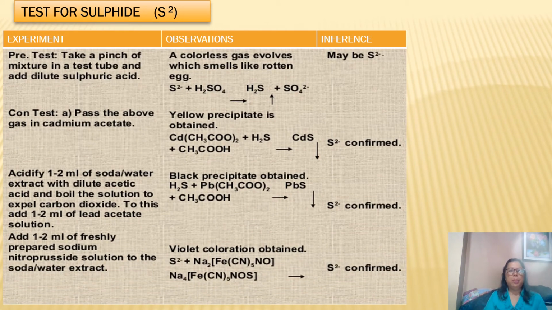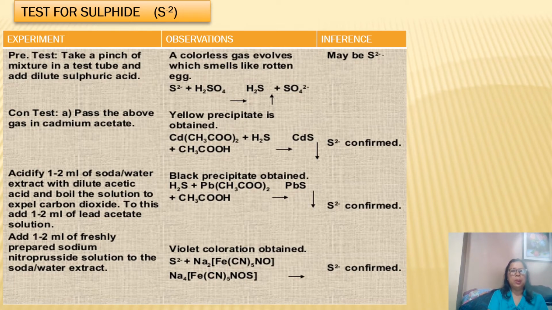And then we have here the test for sulfide. Upon the addition of sulfuric acid, if a colorless gas evolves and smells like a rotten egg, then you can think that sulfide is present. A confirmatory test could be the addition of cadmium acetate, which will lead to the formation of a yellow precipitate. Another way is